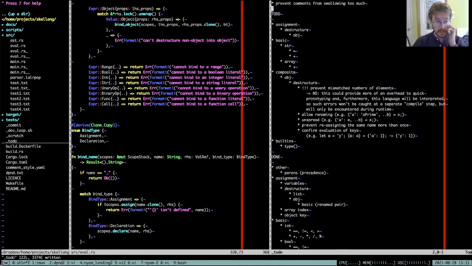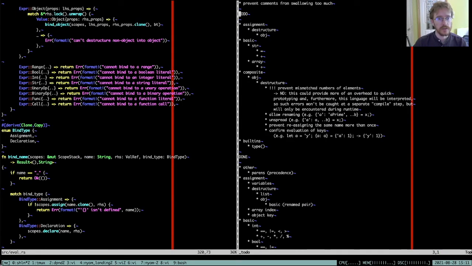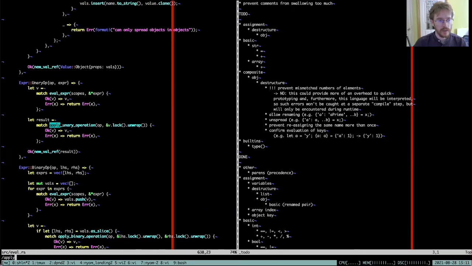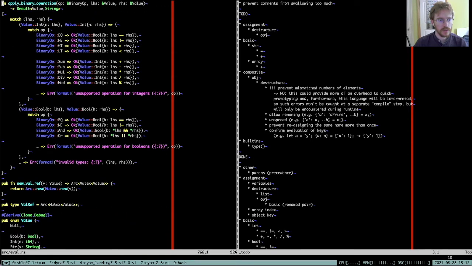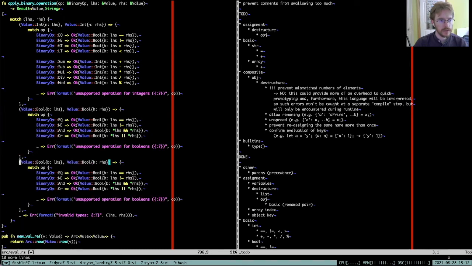And next we want operations on strings. So apply, was it binary operation? So now if we have two strings,